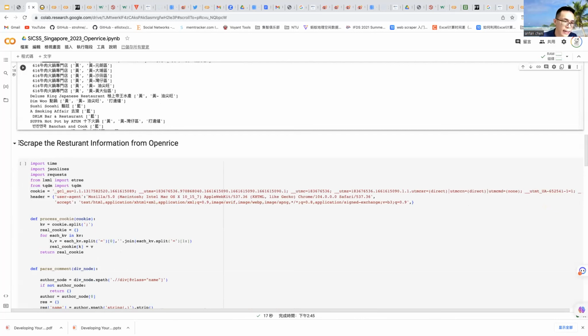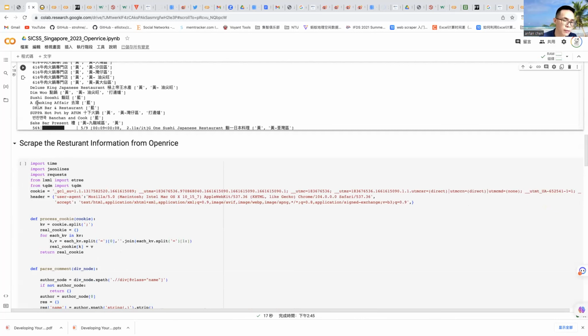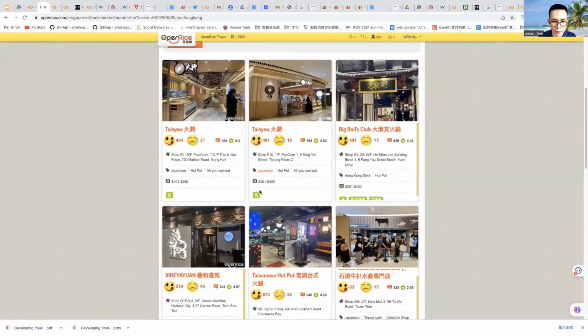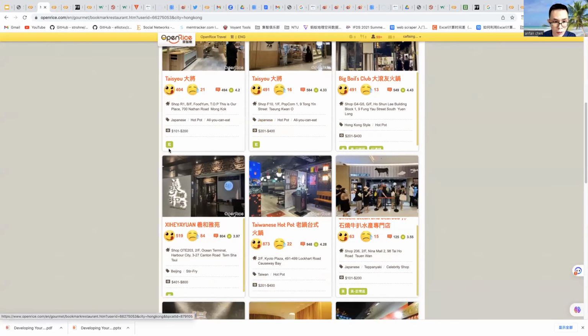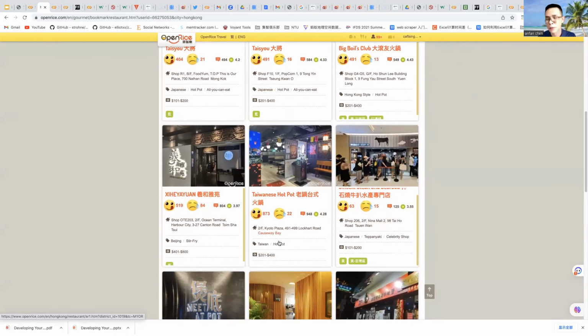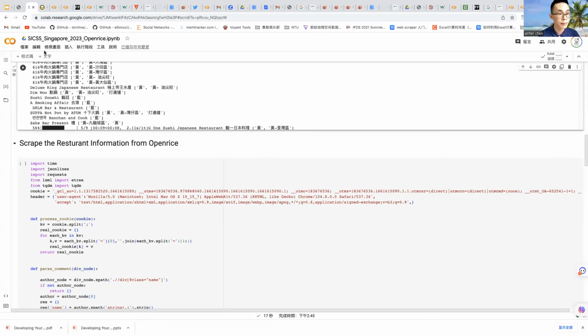And there is another case, scraping the restaurant information, because here we just scrape the restaurant title and the label. You can see the label here, blue or yellow. It talks about the context of the Hong Kong restaurant, the color economy. But it is the label of the restaurant created by OpenRice users.